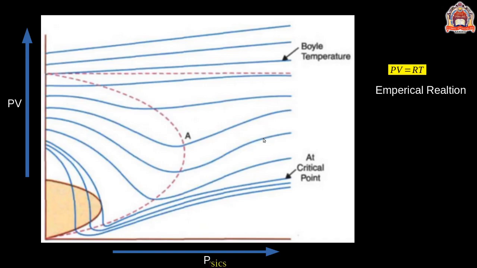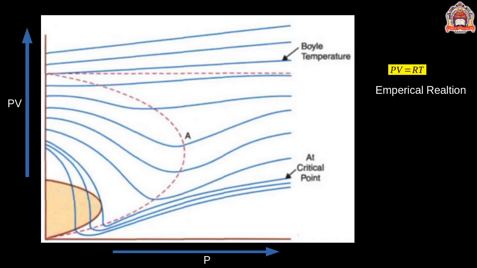Attempts were made to modify Boyle's law based on the experimental results of Andrews, Amagat, and Holborn and Kammerlingh Onnes. So Kammerlingh Onnes suggested for all real gases at a high pressure and at a constant temperature, an empirical